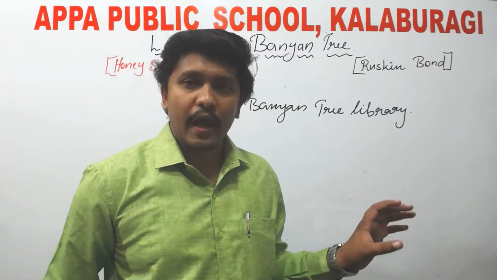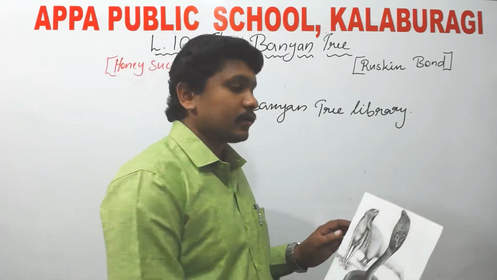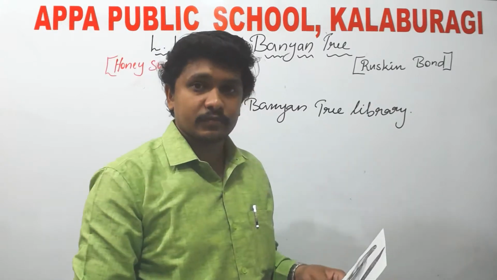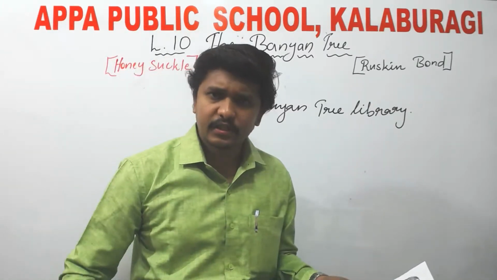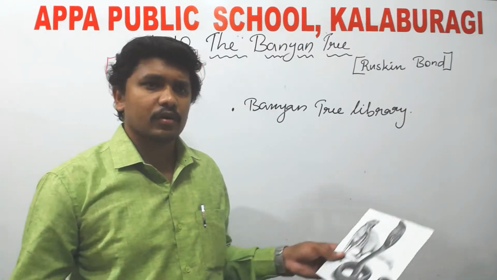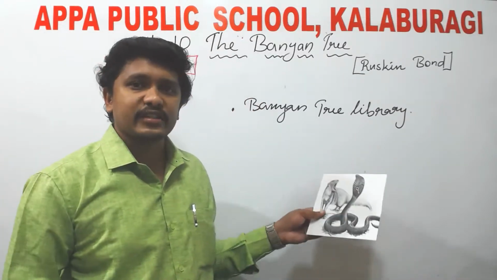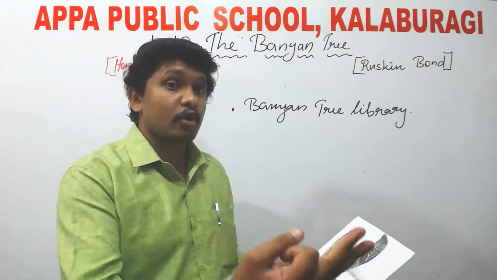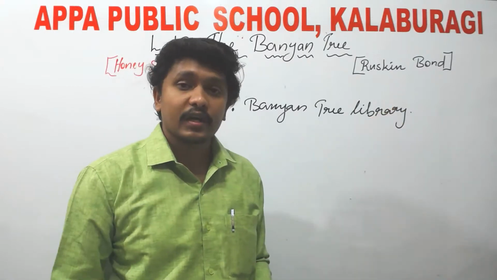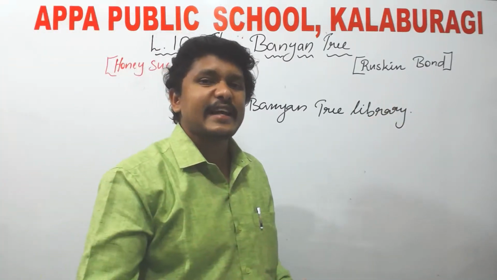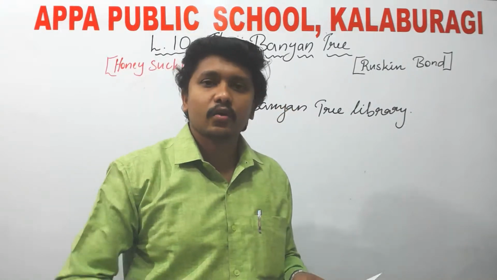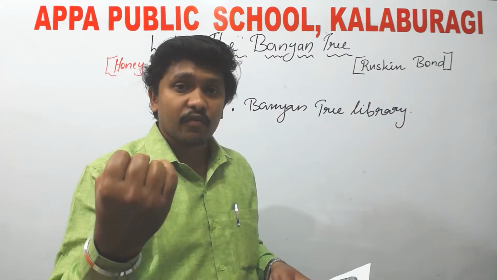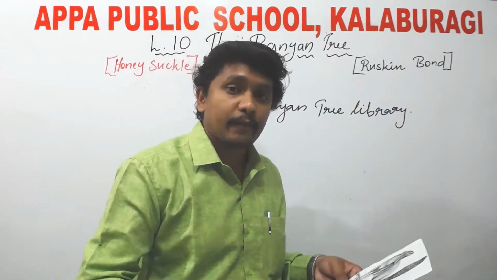So when these 2 animals, the snake and the mongoose, were going to fight each other, 2 spectators, that means persons who watch all the things, visitors came to watch the fight. Who are those visitors? One is the jungle crow, another one is the myna. And one more visitor was there, that is our author, sitting on the tree. So the snake and mongoose did not see the author who is sitting on the tree. But the snake and mongoose saw the other 2 spectators, one myna and one jungle crow, who came to watch the fight.